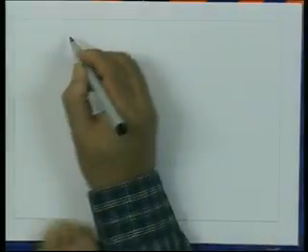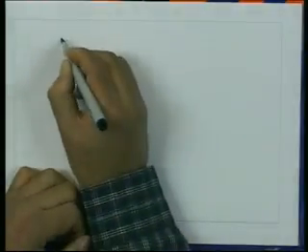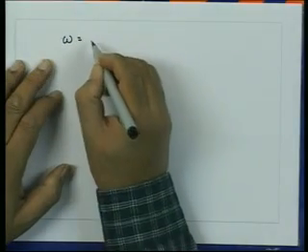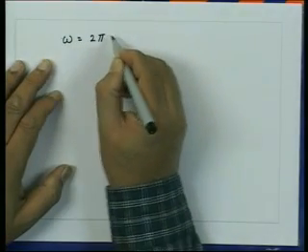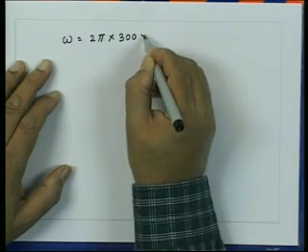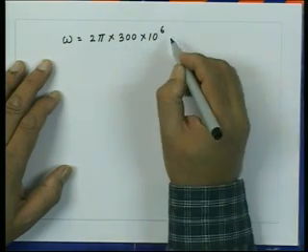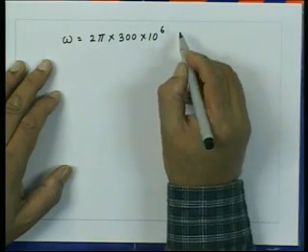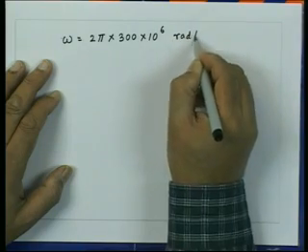So, the frequency given is 300 megahertz. In this case omega is equal to 2 pi into 300 into 10 to the power 6 radians per second,